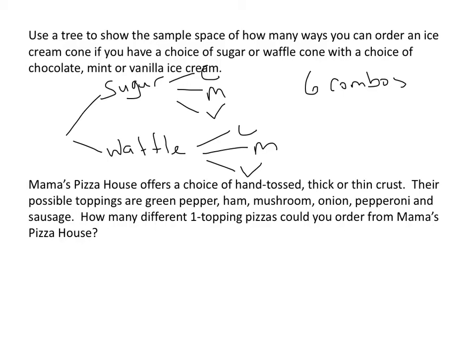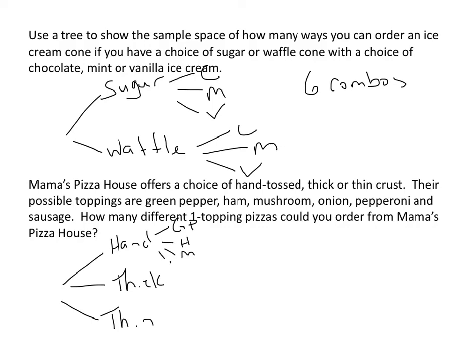What about at the Pizza House? They offer a choice of hand-tossed, thick or thin crust, and their possible toppings are green pepper, ham, mushroom, onion, pepperoni, and sausage. I want to know how many different one-topping pizzas I could order from Mama's Pizza House. Now I could make a tree diagram, which means my first choice would be either hand-tossed, thick crust, or thin crust. And then I have green pepper, ham, mushroom, onion,